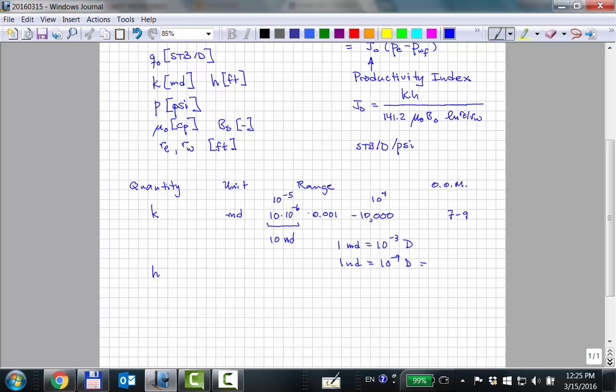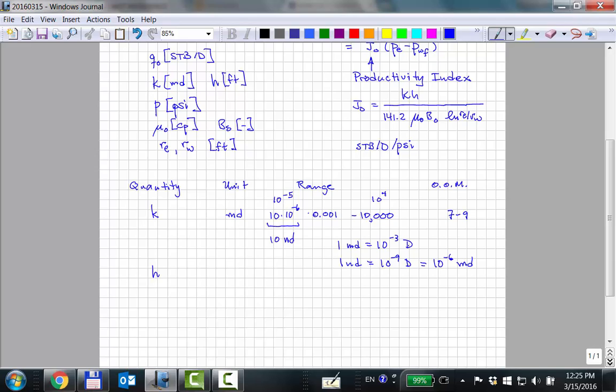Which is the same as 10 to the minus 6 millidarcy. And in reality, as petroleum engineers, you have to have on your fingertips: millidarcy, darcy, and nanodarcy. Is it a big or